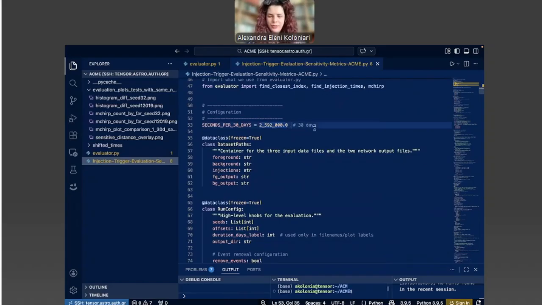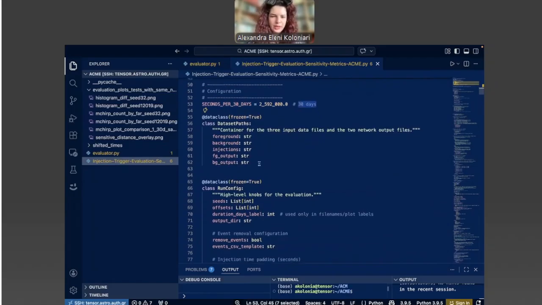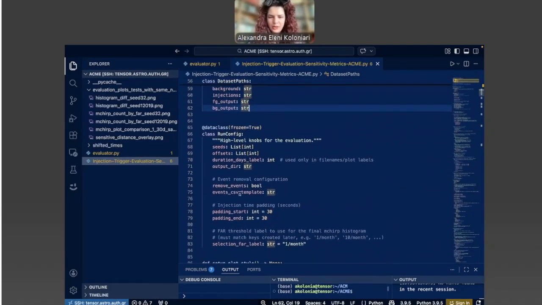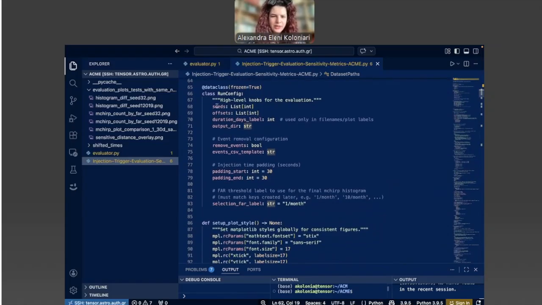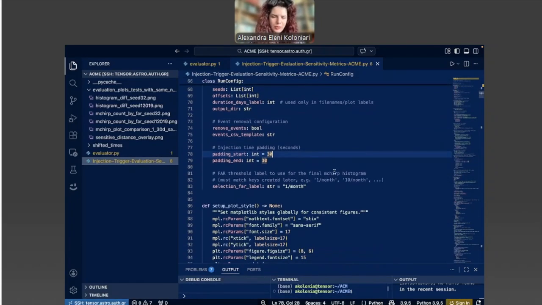Now, we do have the duration used here. All those files, as I mentioned before, is in 1 month duration, so 30 days in total. I also here use those two classes just in order to be able to freeze that specific configuration and not have problems later on if you change something, for example, in the notebook. All those stay the same. Here we load the paths for the different files that we will use, and here we basically have those parameters just in order to be able to use in the file names, because they all have the same exact format.